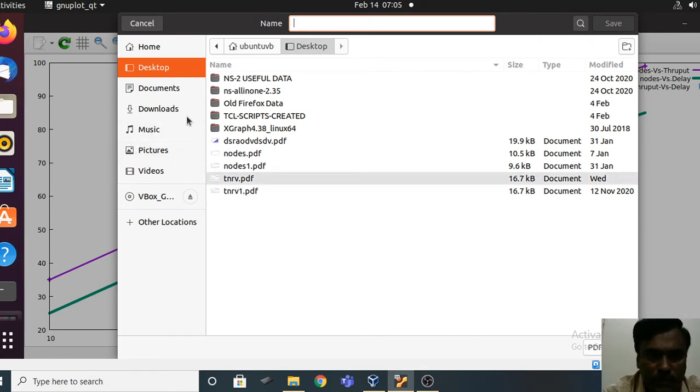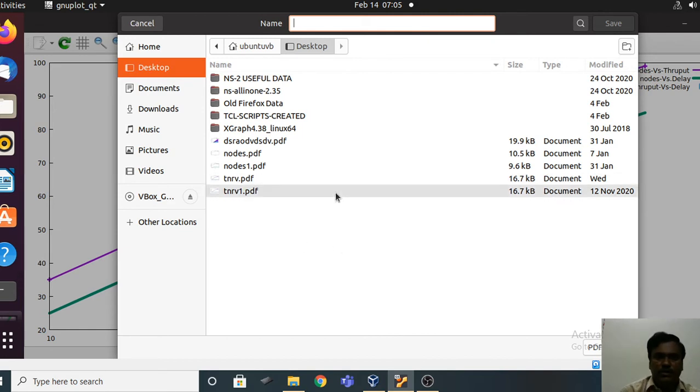I'm going to save that on desktop. You just need to select the location where you wanted the PDF of this graph stored.